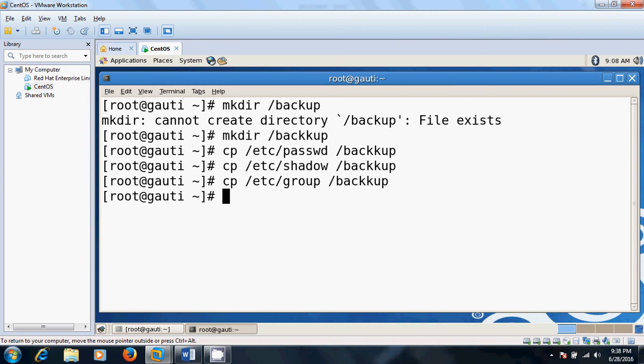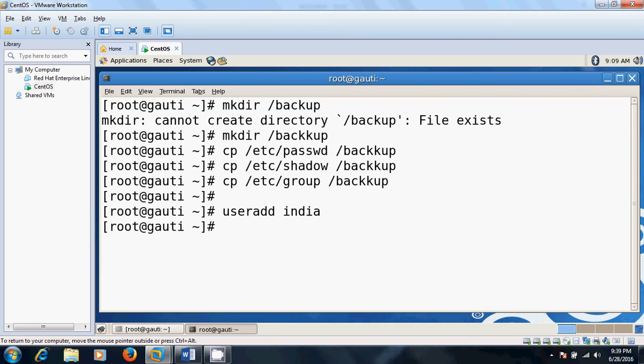After that we add a user. What is the command to add a user? useradd. Okay, useradd. Let's think of any name. Let's give India. Okay friend, India.